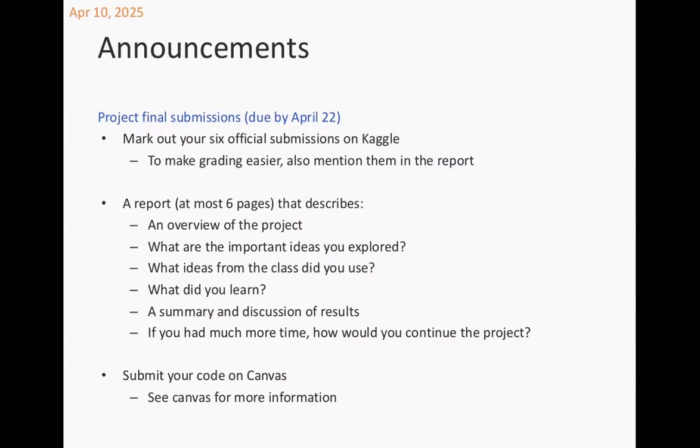It would be good to know submission 1 is actually decision tree, and so on. So give it descriptive names. And your report, don't make it more than 6 pages. I just need to know what the high level, your perspective, your overview of the project, what ideas you explored,